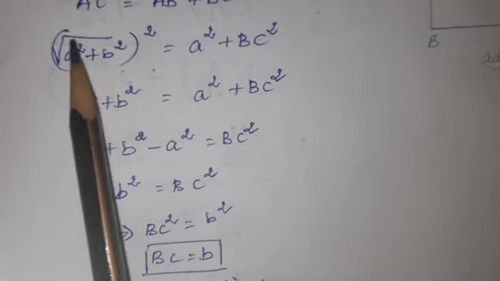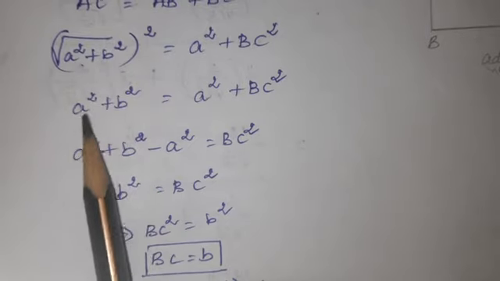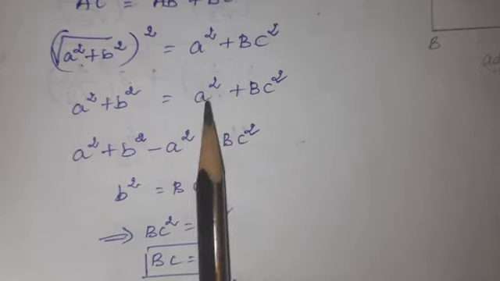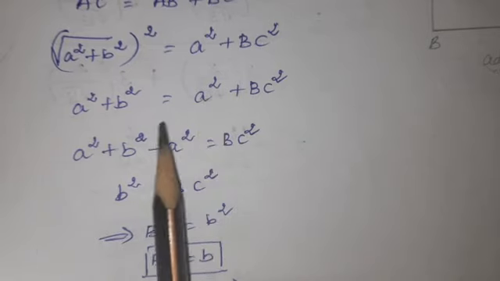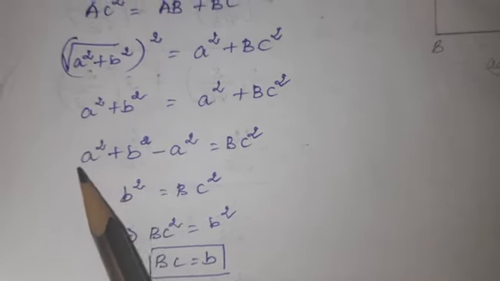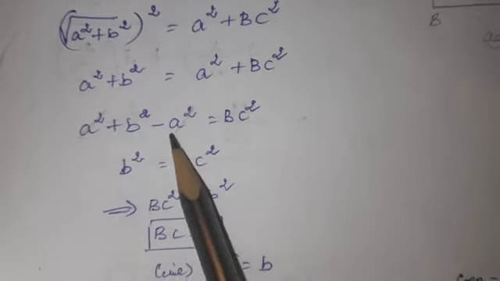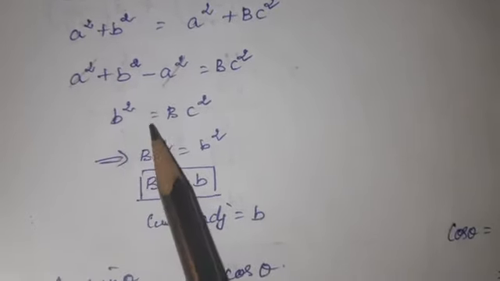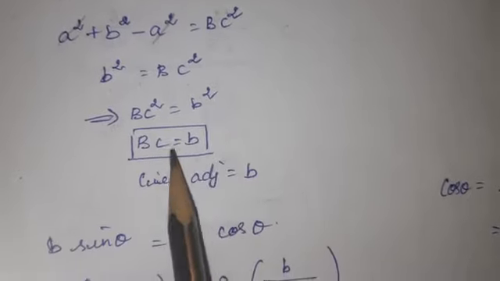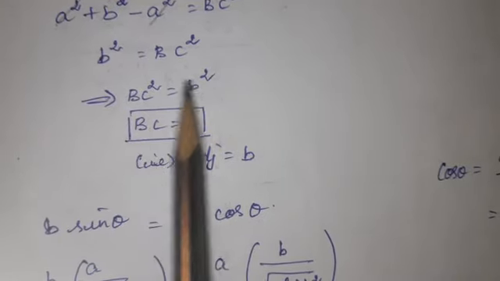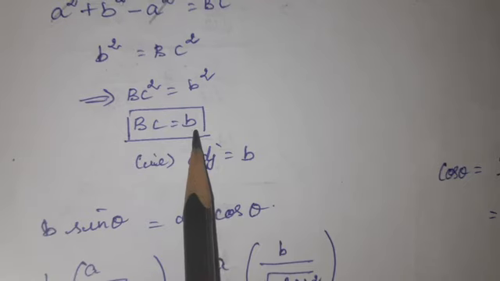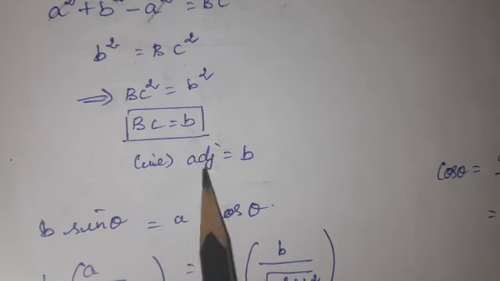Here see that square and square root get cancelled. What you are having inside is a square plus b square is equal to a square plus BC square. Then you bring that a square to the opposite side, it will come as minus a square. Already one plus a square is there, this one is minus a square, it will get cancelled. You will get b square is equal to BC square. Implies BC square is equal to b square. We want to find only BC. Both sides you are having square, no, it will get cancelled. Therefore BC value is b. That is what? Adjacent. Adjacent value is b.